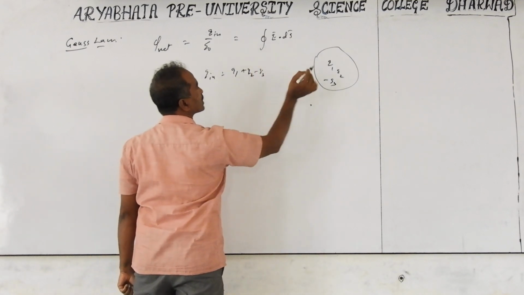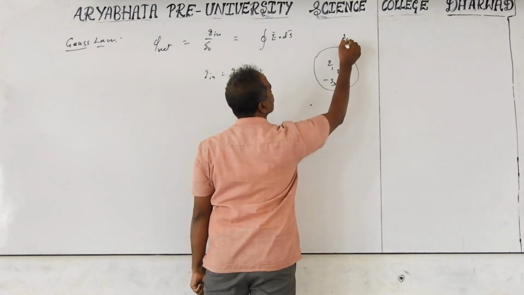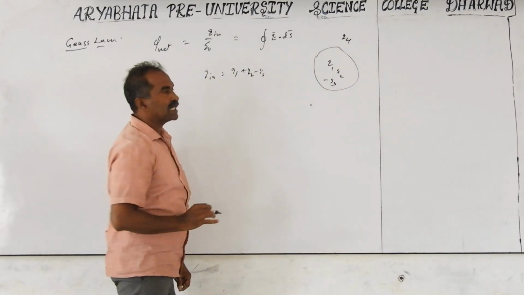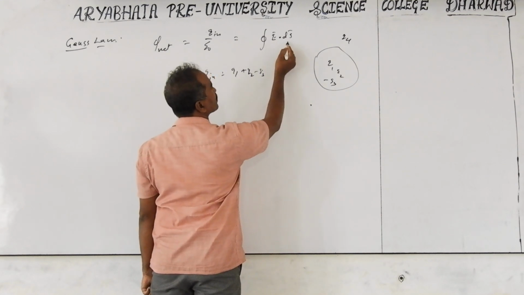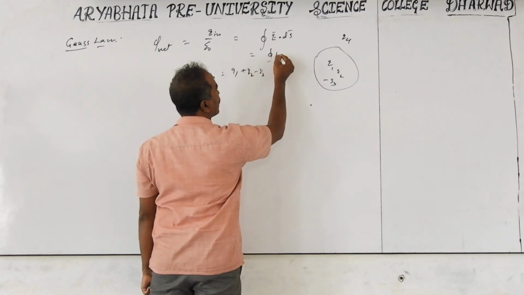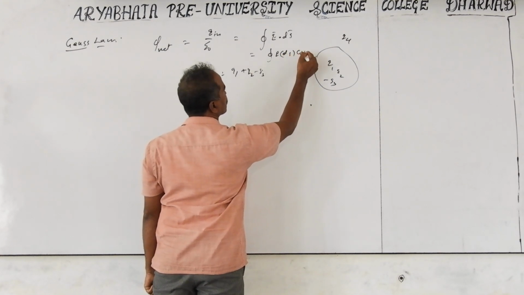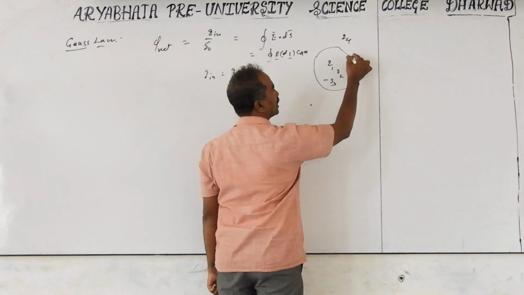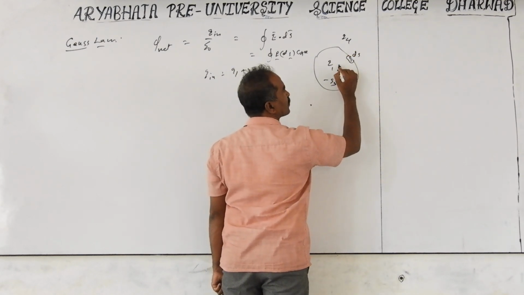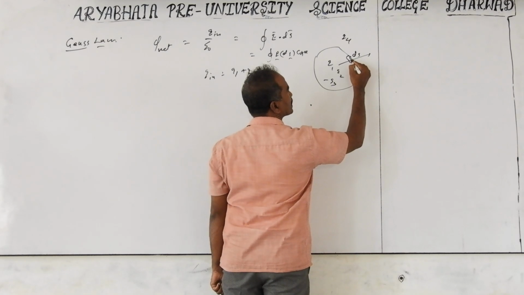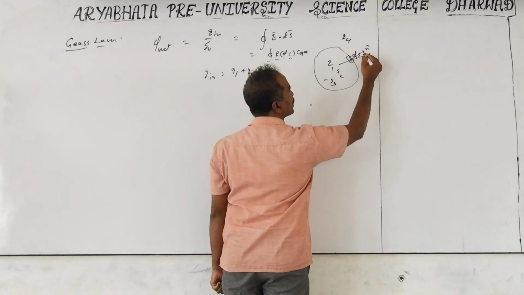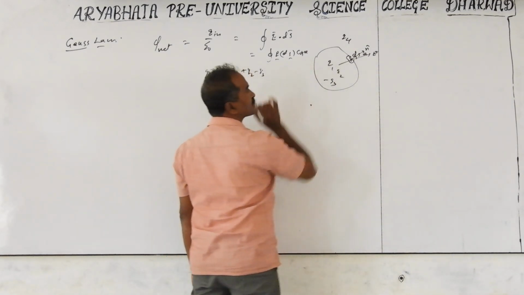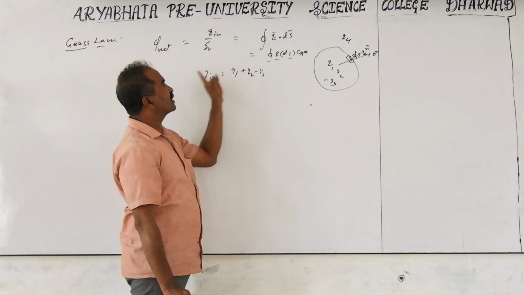The electric field is due to the inside charges and also due to the outside charges. But Q in is not due to the outside charges, only the inside charges. Next is E dot dS, which can also be written as E into dS into cos theta. Theta is the angle between E and the area dS. For this closed surface, if you take a small area dS, with electric field lines going like this and the normal in this direction, the angle is theta. If the electric field and the normal are in the same direction, theta becomes 0, cos 0 is 1, and then you get the maximum flux.